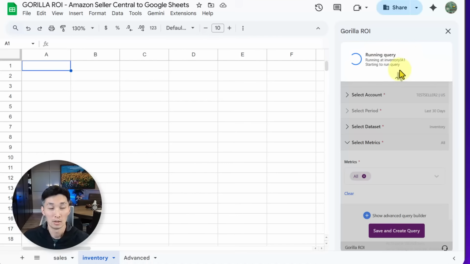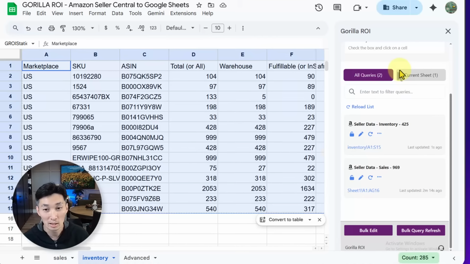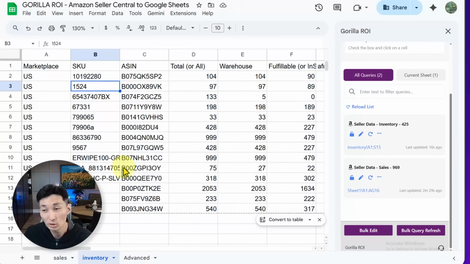So this way you can get access to all of the Amazon reports, and with just say 5 to 7 clicks, you've generated and you've imported all of that data into your spreadsheets. From here, you can use it like a mini database and use it to fill in or push data to say your other dashboards or your other reports. You can use a VLOOKUP. You can just use simple equals references to grab that data that you need.